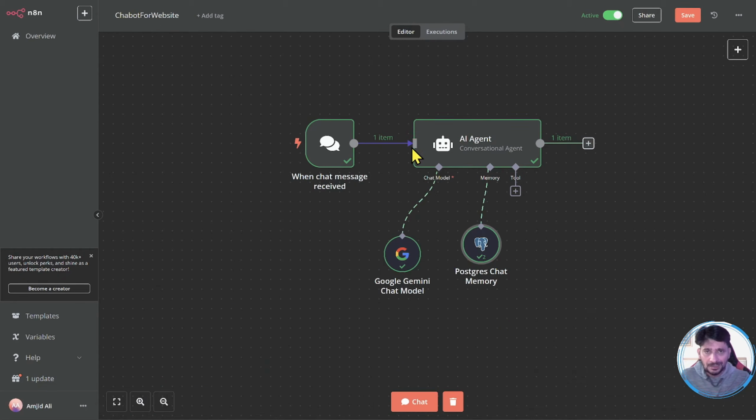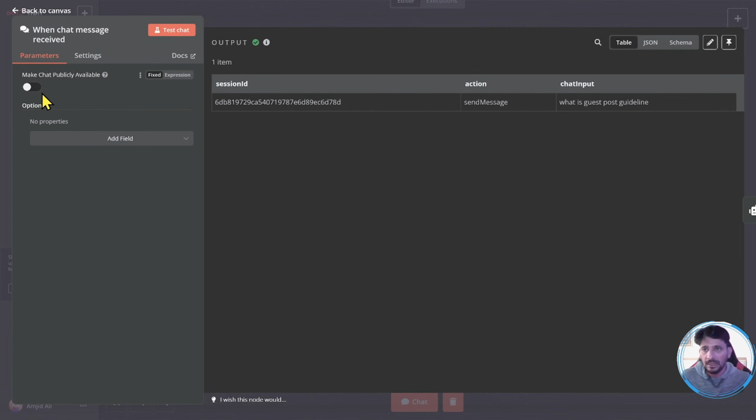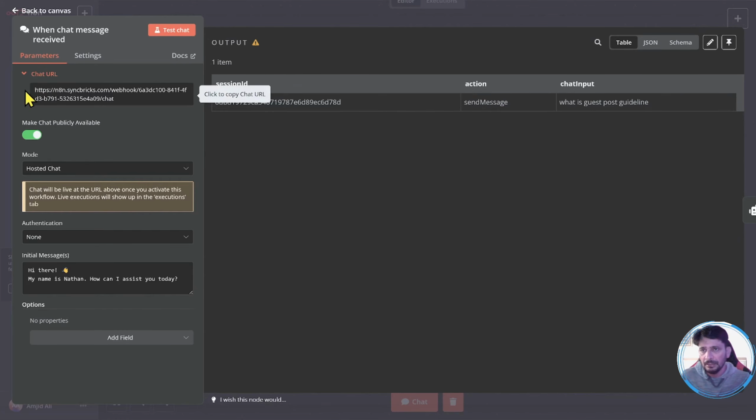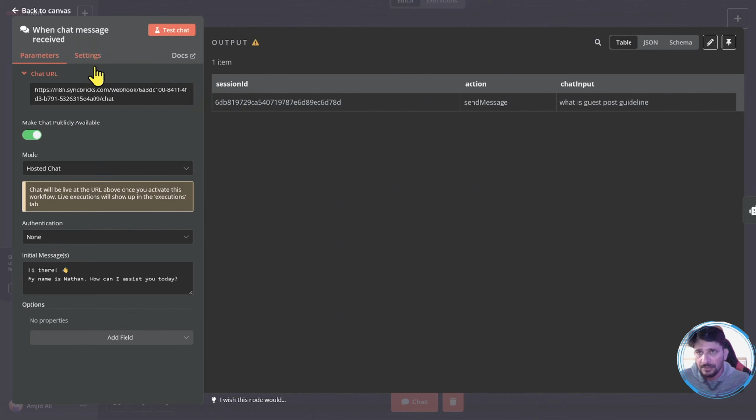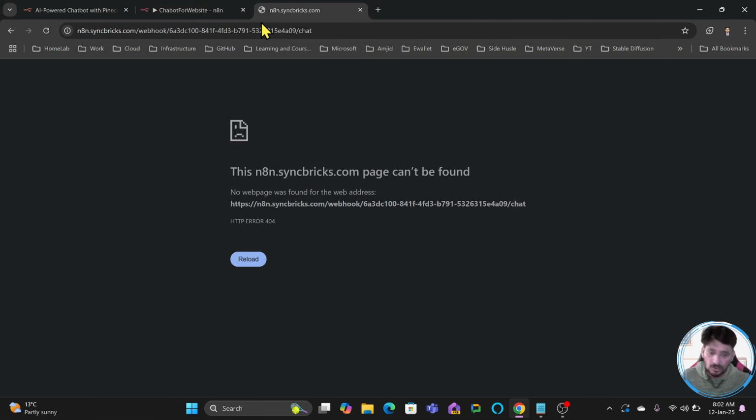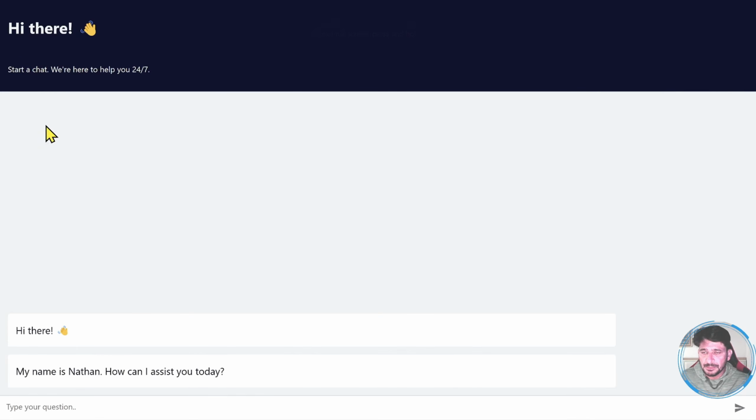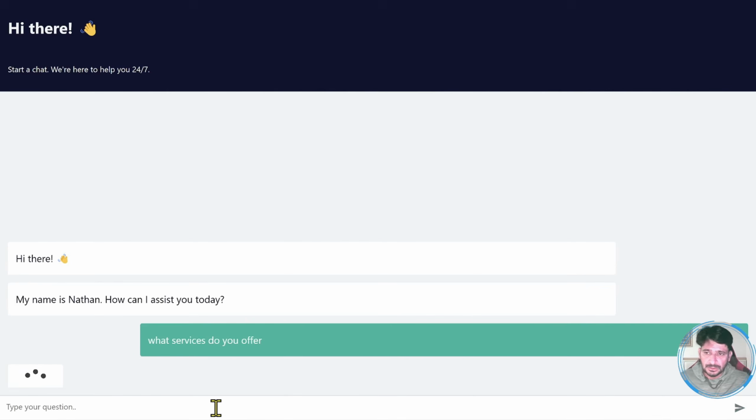Now, in order to add this agent to the website, I'll double click this and go to make chat publicly available. I'll enable this option. So you will see here that the URL will appear, and you can also have the hosted chat or embedded chat. Now, once this hosted chat is available here, you can simply copy this chat URL and paste it just to check. So you will see this particular chat agent, which will be available here. And I will say, what services do you offer? So of course, the response is,